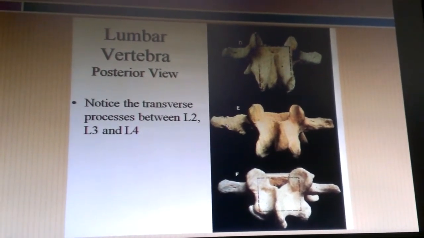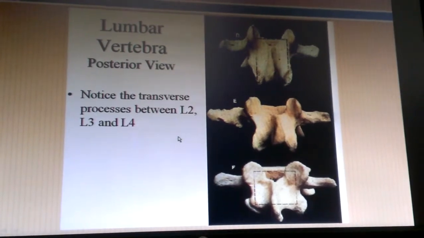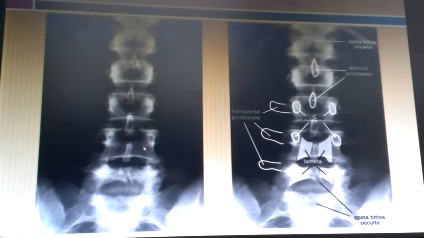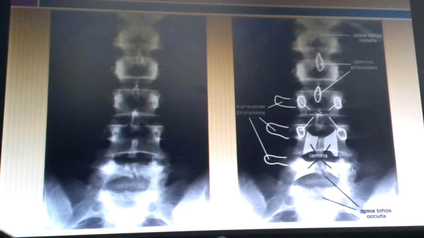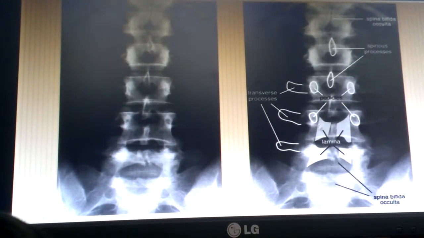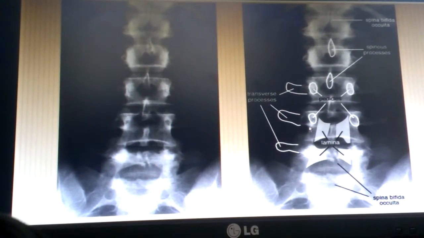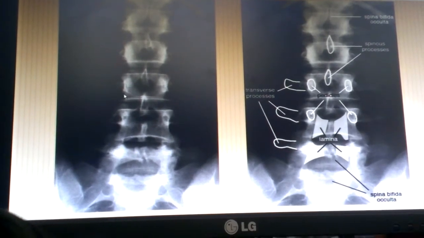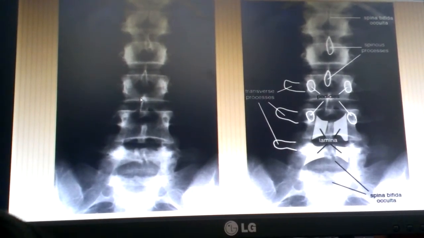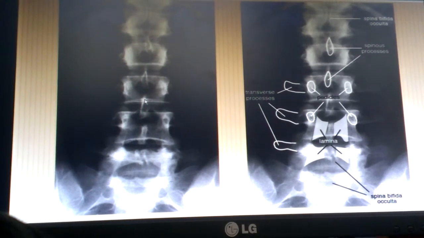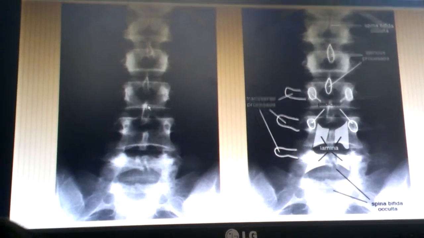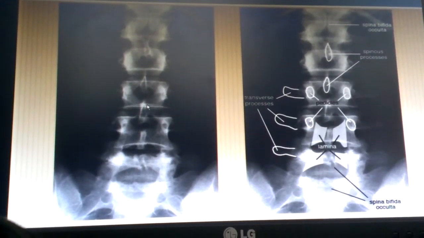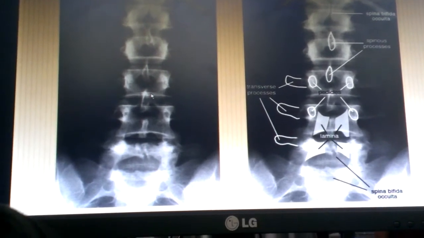Okay, so transverse processes, stick out the furthest. All right, so AP and lateral lumbar. So we talked about all these things, the lamina, the pars interarticularis being there. And you'll notice that I'm talking about that on the AP because I don't have any difficulty seeing the pars on the AP. I'd have to agree that you do see it better perhaps on the oblique, but